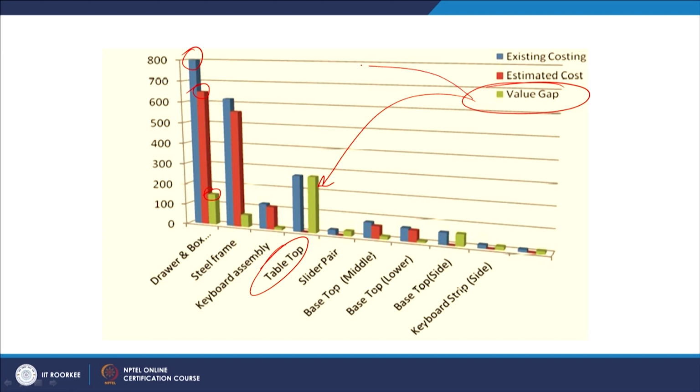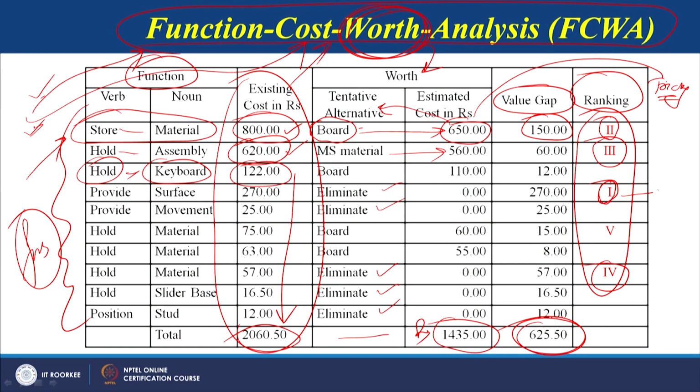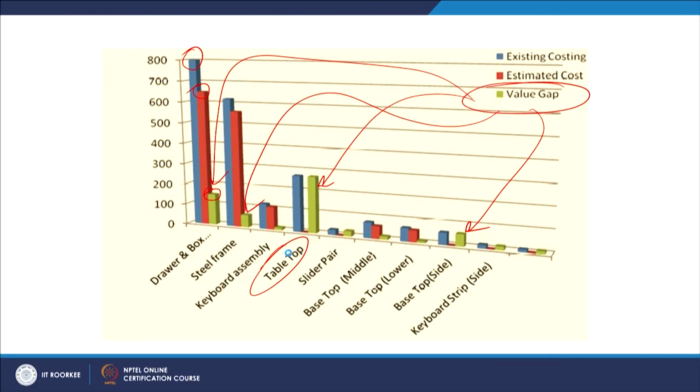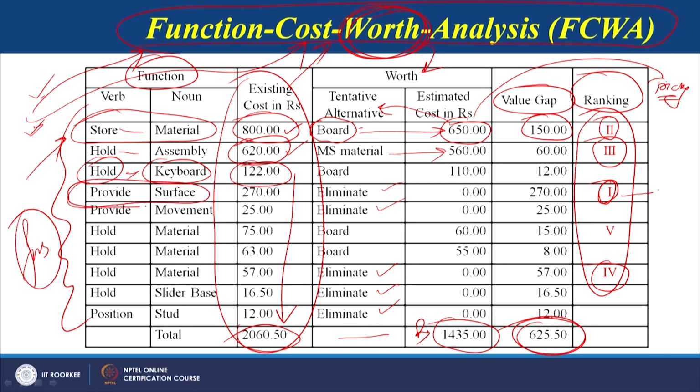and then maybe the next one is for the drawer and the box assembly, and then the next one can be for the base top, this is also higher, and another opportunity lies in the steel frame also. So, we can see that we have a value gap, and if we go back we can see the first is with the tabletop provide the surface, this is our first function for which the value gap is maximum, and second is with the steel frame store material, this is